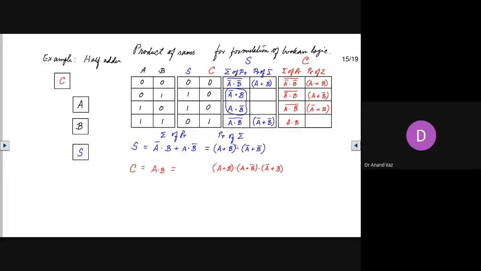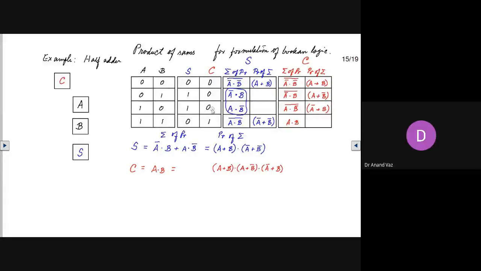Now, if we want to understand how to formulate the product of sums in a very simple way, what you actually have to do is look at the inputs and the outputs. Let us look at this part. When you are formulating the logic corresponding to this output C, you can see that here you have zeros, 0, 0, and here you have 0.